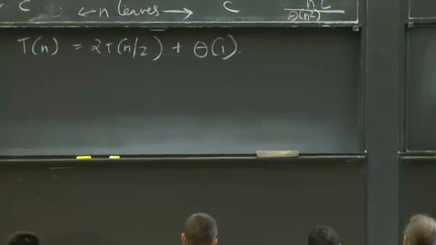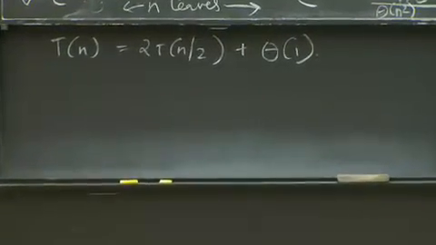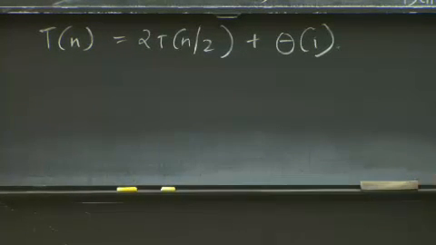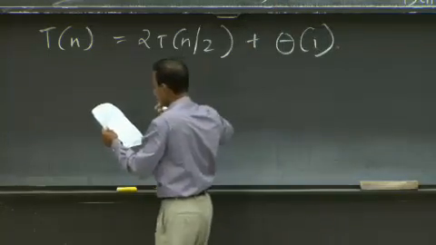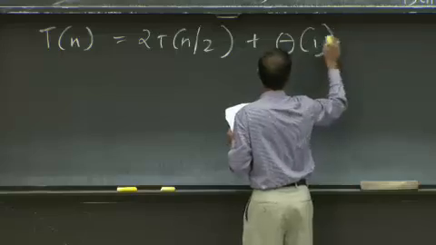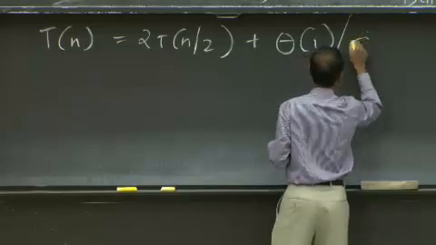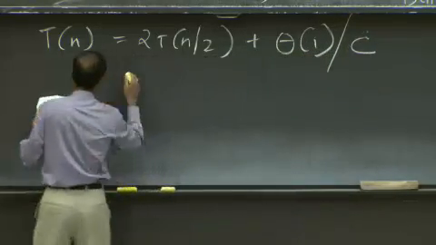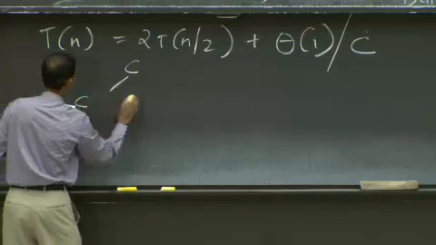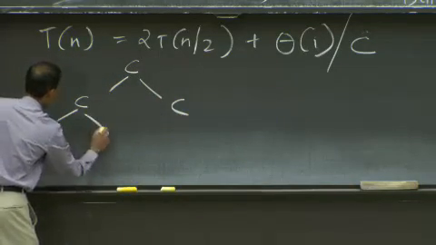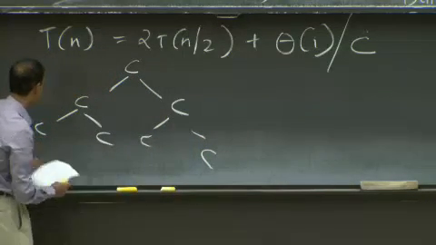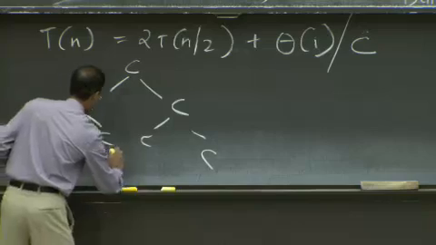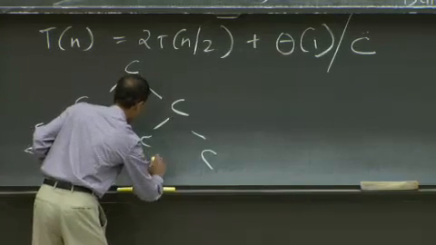So if I had magically a merge routine that actually happened in constant time, either through buggy analysis or because it was buggy, then what does the tree look like for that? And I can think of this as being theta 1, or I can think of this as being just a constant c. I'll stick with that. So I have c, c, c, and, whoa, I tried to move that up. That doesn't work. So I have n